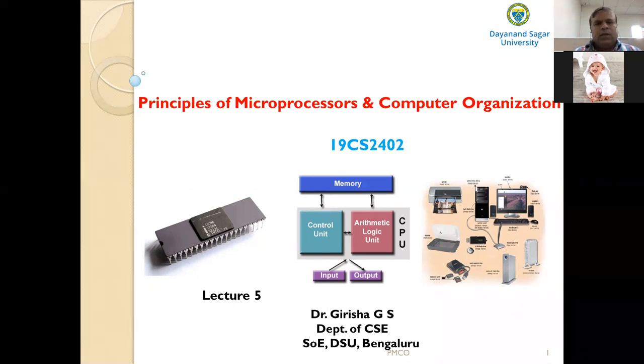For example, the 8086 microprocessor can address 1 megabyte of memory. That means how many memory locations in decimal? It is 1,048,575 as the highest address. At each memory location, we can store 8-bit data; all are byte addressable. So it can address up to 1 megabyte of memory using the 20-bit address lines, which select memory locations from 0 to 1,048,575 in decimal.